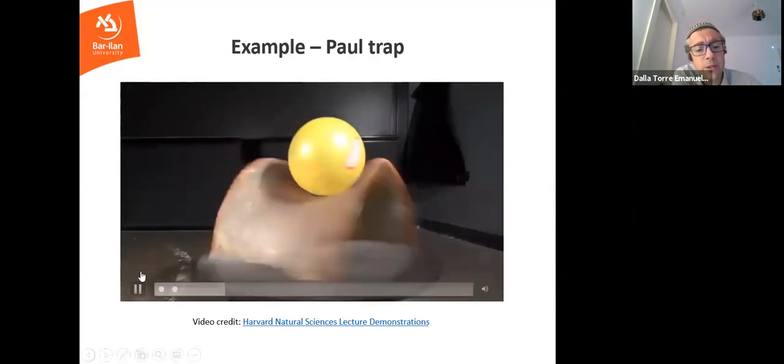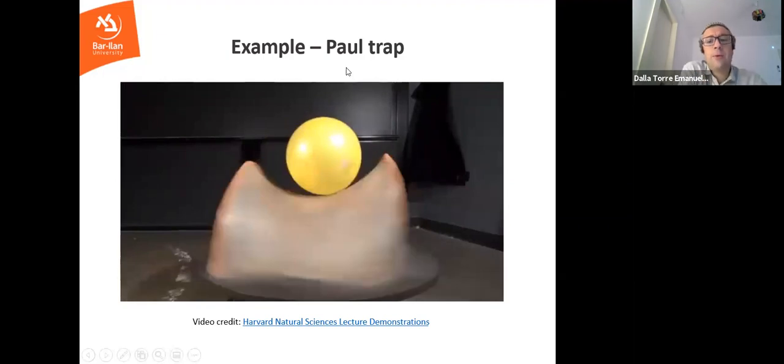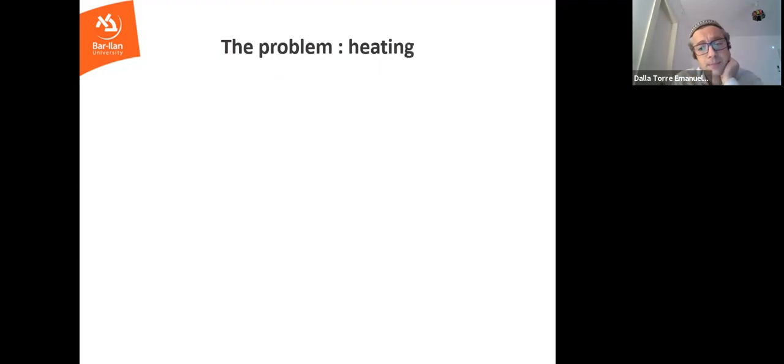Actually, this is really used to trap ions. As you probably remember, you cannot trap ions by just applying static electric fields. There is even such a theorem. In vacuum, you cannot do it, because you can create a sort of saddle point, but not really a local minimum. There is always a way for the ion to escape. But when you rotate it fast enough, then you can create a trap, and this is the working principle of the Paul trap. Okay.